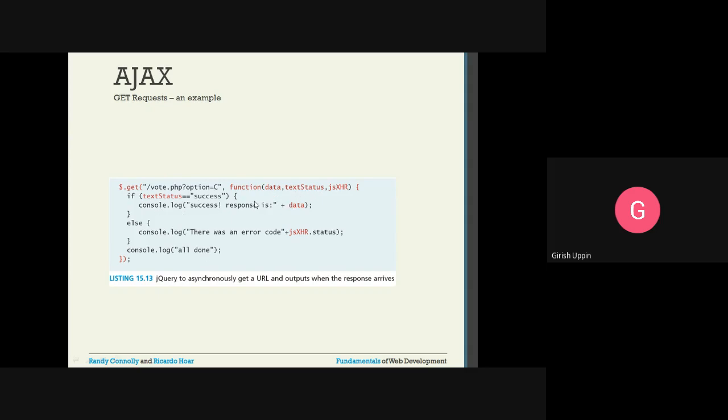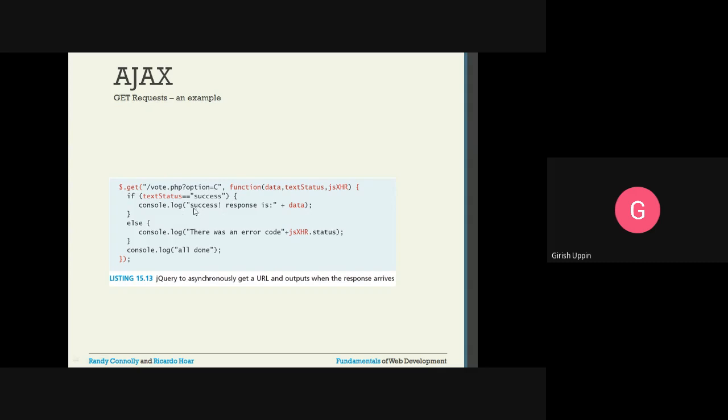take the necessary action. Let us say the text status is equal to success, meaning whatever request was made, we receive the response without any problem. So we have the requested data. You can just log it, you can write it into the log files. This is console.log; it will write into the default log or wherever the log file you have specified.